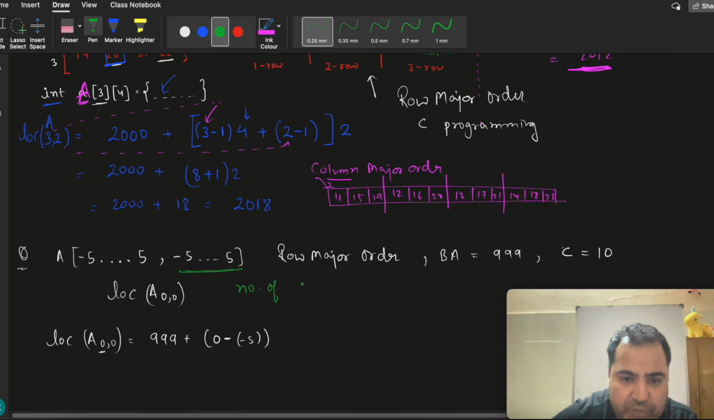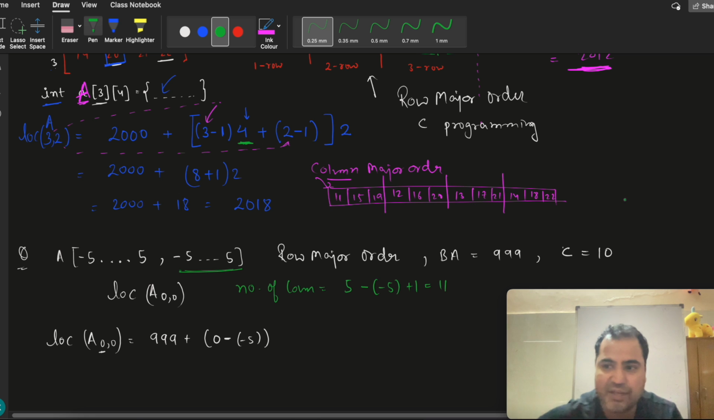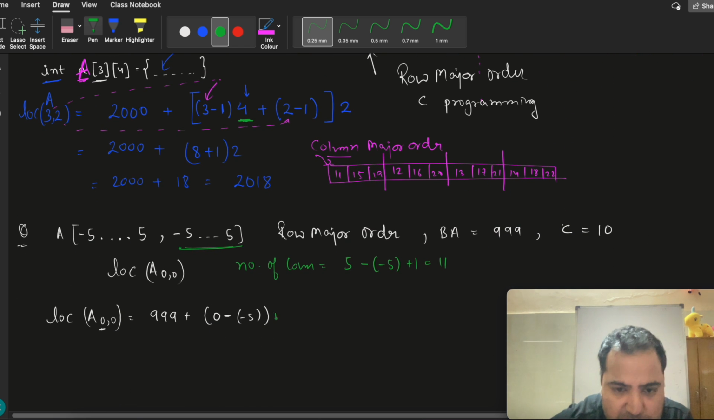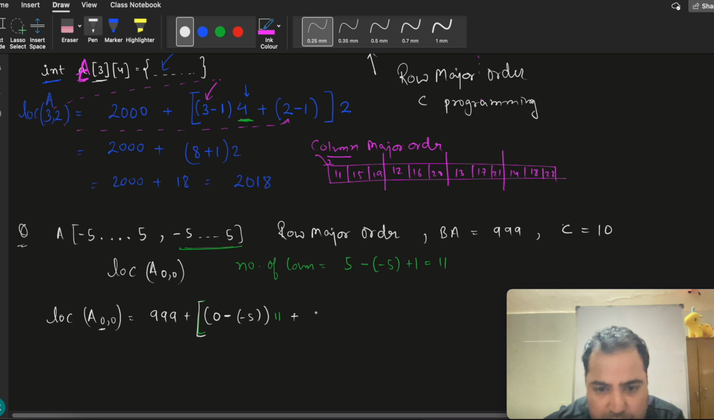Number of columns will be last column 5 minus first column minus 5 plus 1. So there are 11 columns in there. In the earlier example, number of columns is 4, because we could calculate it directly, right. If we want to apply this formula there, what we will do, 4 minus 1 plus 1, that is 4, right. So I will put down 11 here, then plus 0 minus base address of, means starting number of column, minus 5,